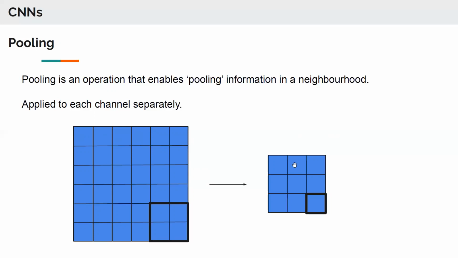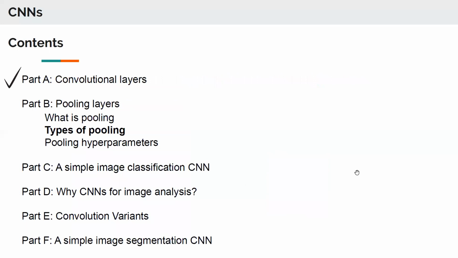What we ended up doing is we reduced this channel to half its size. But the idea is that we have pooled all the necessary information from each region into a small number. So we have aggregated the important information, and now we have to process only this small, low dimensional output. Okay. So now, types of pooling.